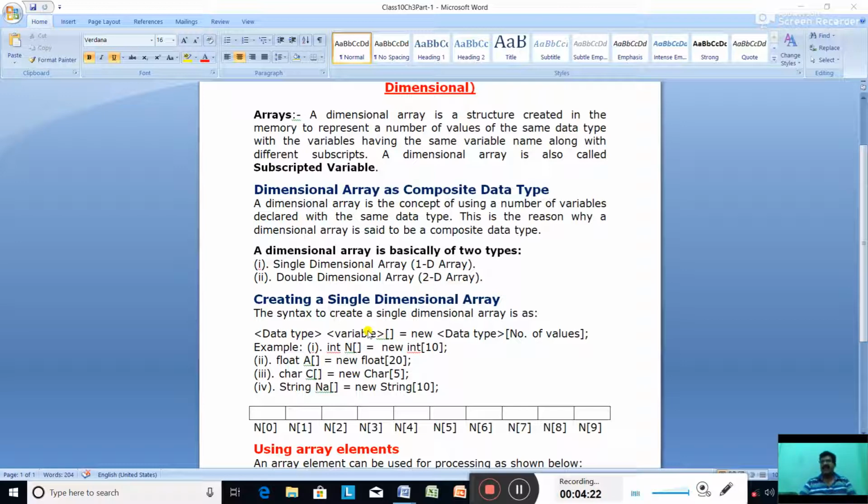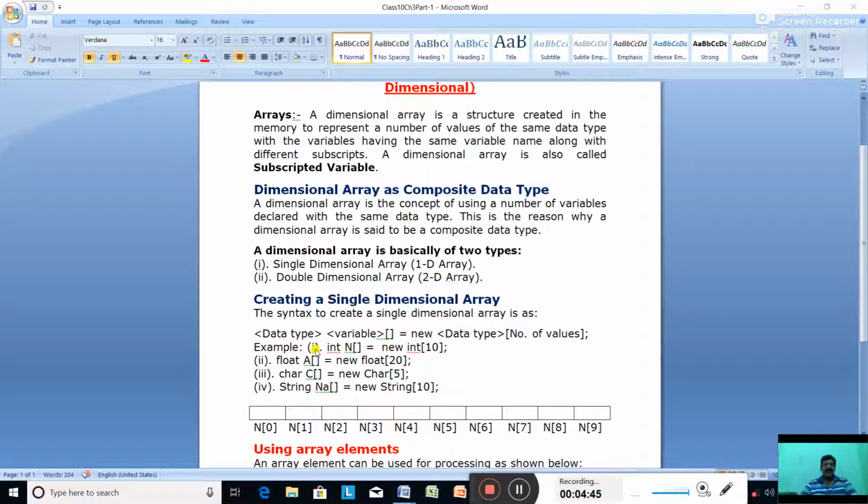Along with the variable name, we write a pair of square brackets, equal to new, and again the same data type we declared in the beginning, with the number of values stored in it, that is the size of the array. It is called the size of the array.